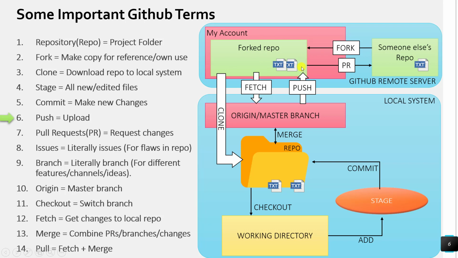Now comes pull requests. Pull requests, or PRs in short, are basically requests for changes. So if you want to request changes, say for example make someone's code better or enhance it, or if you want to contribute to someone else's repo, you use PRs. You can see I can initiate a PR from here and the reviewer of this repository can see if this PR is good or not, and then it can merge. So this depends on the reviewers and the quality of the code.